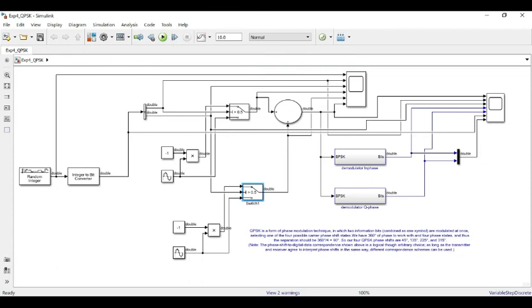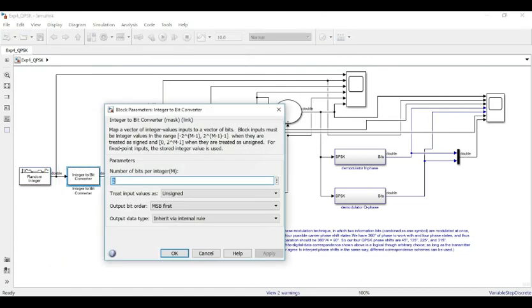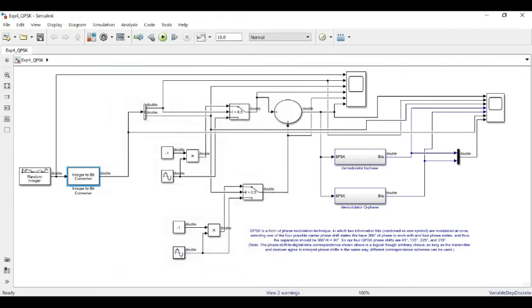Okay, so we have a random generator here with the help of M-ary concepts. We are going to have four different M-ary numbers, ranging from 0 to M minus 1. So 0 to 4 minus 1, you're going to have 0 to 3 numbers, and we are using the sample time. Then we move up with an integer to bit converter. We are converting from integers to bits. We are assuming 2 bits, 4 different combinations. Then it will be given to a demux, where the output will be 2.